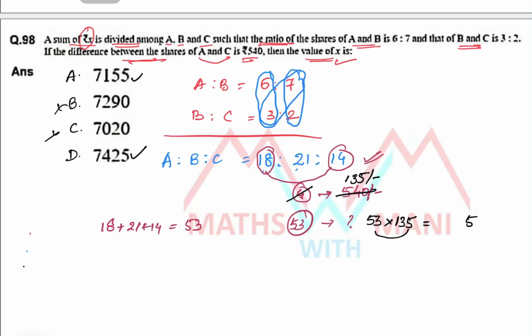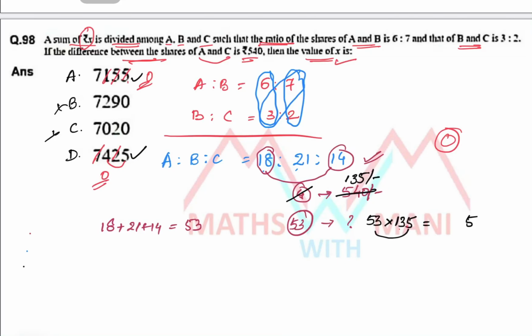Digital sum also. If I find out the digital sum, what is the digital sum here? 5 plus 3 plus 1 is 9, so 0. So definitely the digital sum should be 0. What about the digital sum here? 7 and 5 plus 4 is 9, so 0. So here also 0. What about here? 5, 5, 1, that is a 2, and 7 plus 2 is 9, so 0.